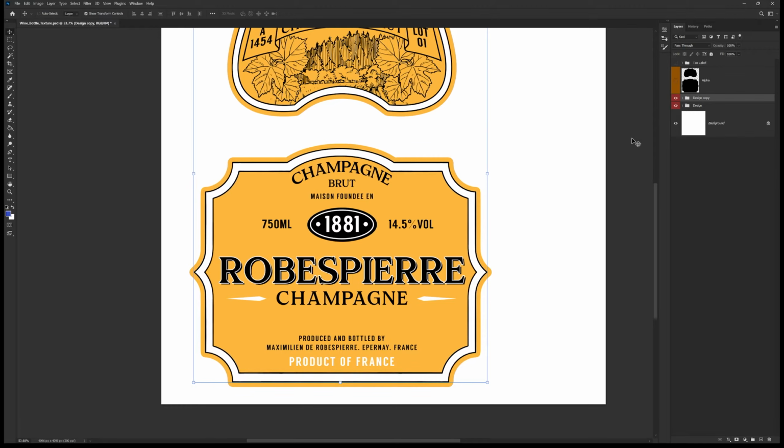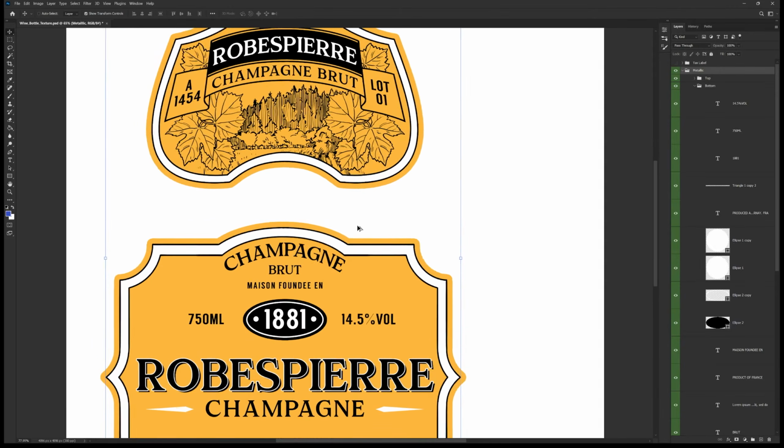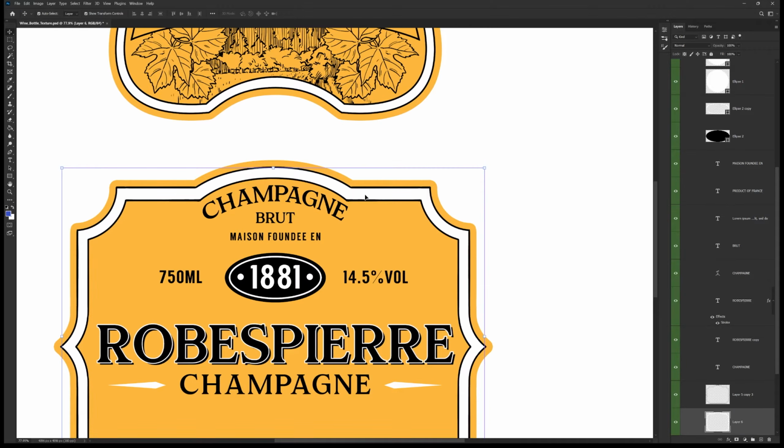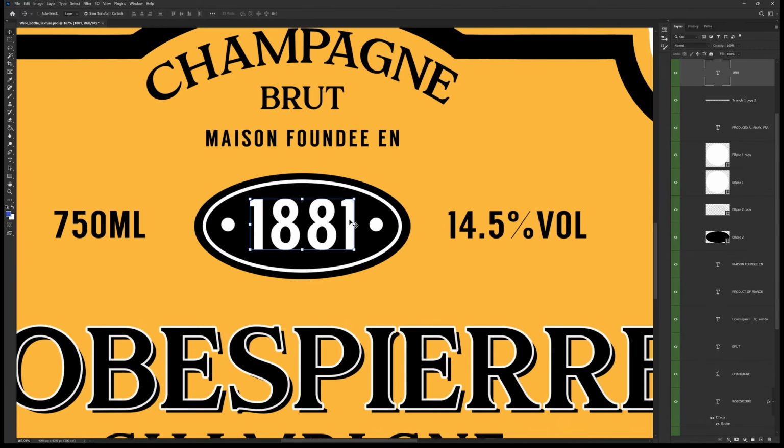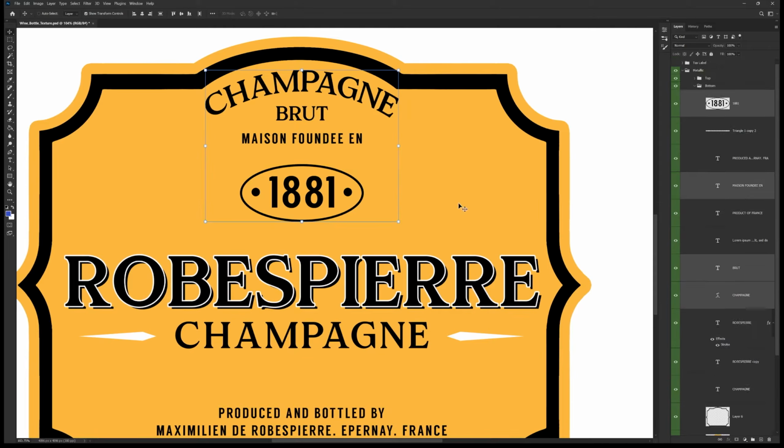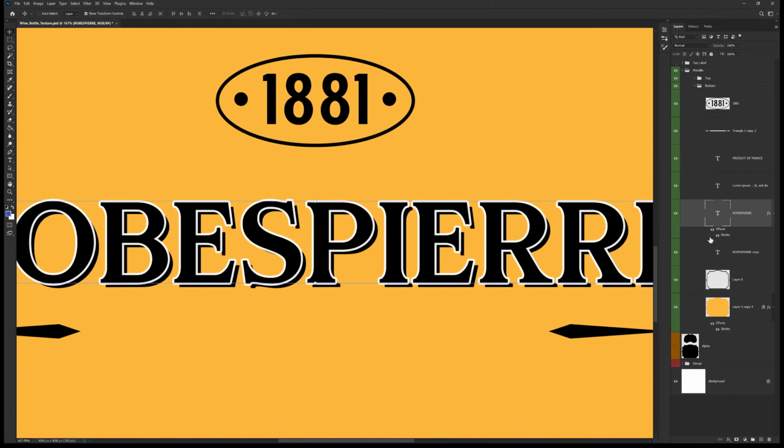For the metallic, duplicate the original design again and change the name to metallic. So the white color on the design here will have a metallic look in Blender. To create the texture, we should separate it. Unfold the group and hold Ctrl and click one of the white layers there. Hit Ctrl plus I to invert the color. Do the rest on all the white layers and delete the rest.